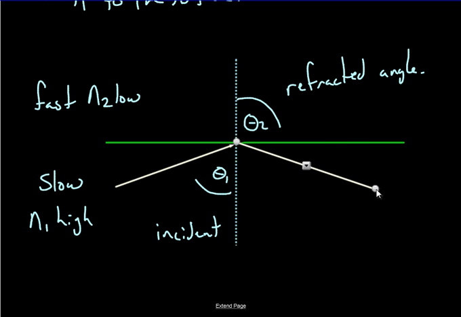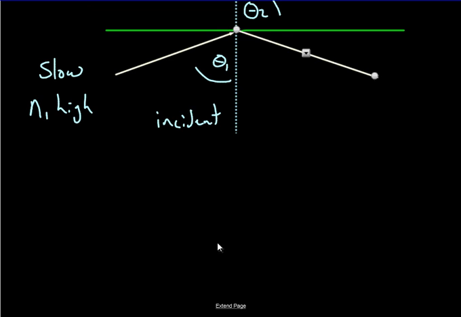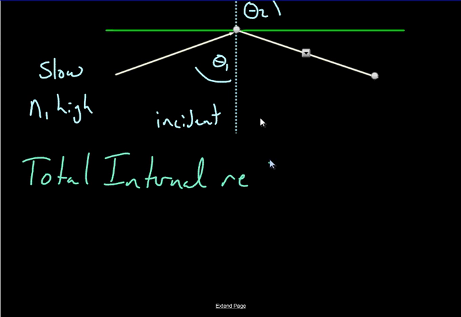What you get is a reflection, right? The light, the waves, cannot escape from inside the slower medium, okay? When you exceed the critical angle, you get what is called total internal reflection, okay? So I'm just going to write that down, and we can address any questions people might have. Total internal reflection